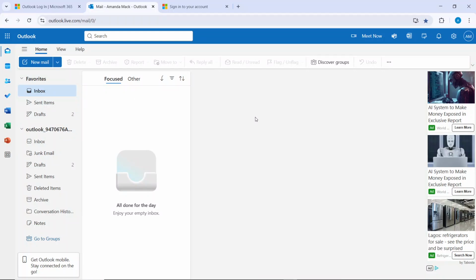Hello, in this tutorial I'll show you how to sign in to Outlook using QR code. So to use QR code login for Outlook web app, make sure that you have the Microsoft Authenticator app installed